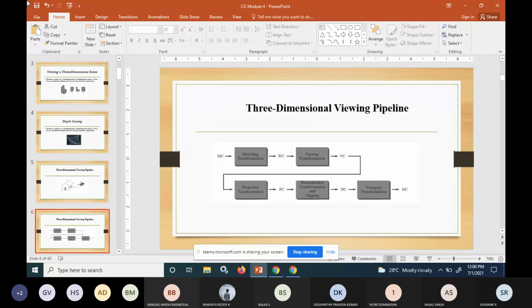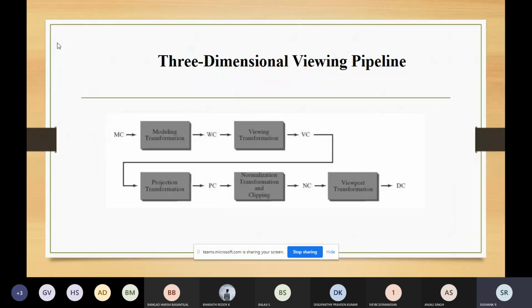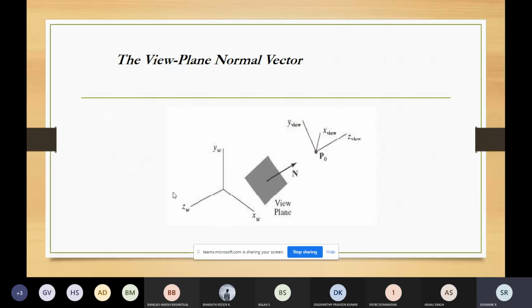Before that, we studied a few methods also, the depth viewing method and the visible surface detection method. Here also, most of the transformation was taking place in this phase for 3D. After that, we studied how the coordinates are represented, and also two kinds of projections: one was the parallel projection, and the other one was the perspective projection.